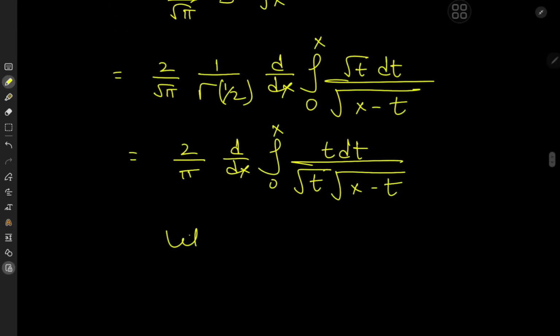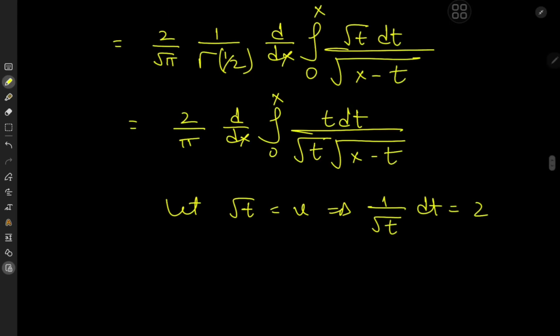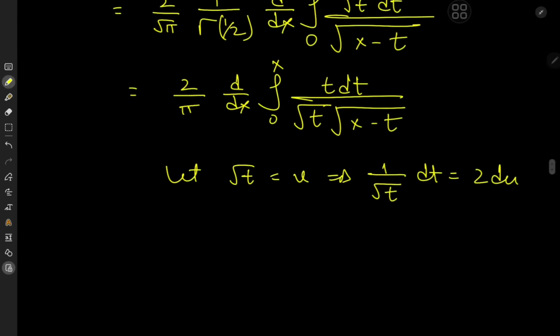And now for a simple u substitution, we're going to let root t equal u, which implies that 1 by 2 root t dt equals du, or 1 by root t dt equals 2 du. And the limits of integration now change to 0 to root x. So this implies that the half derivative of 2 by root pi root x equals 2 by pi